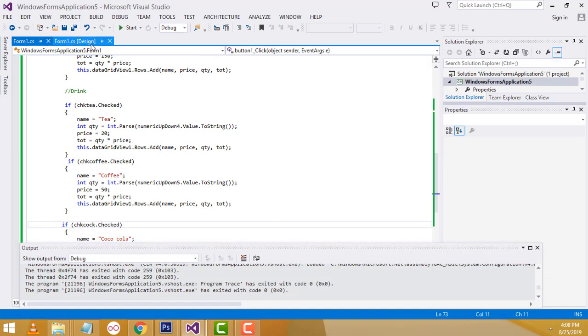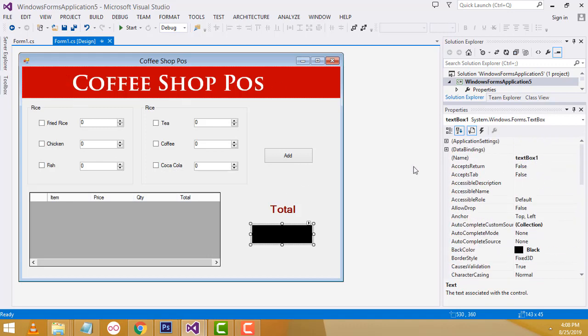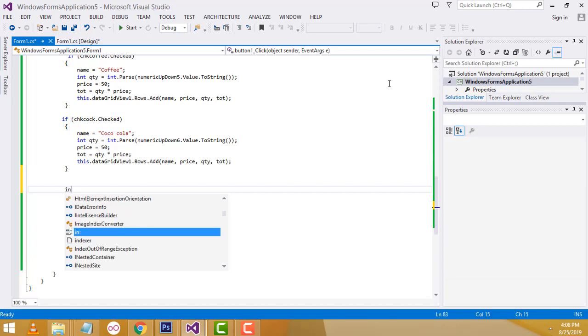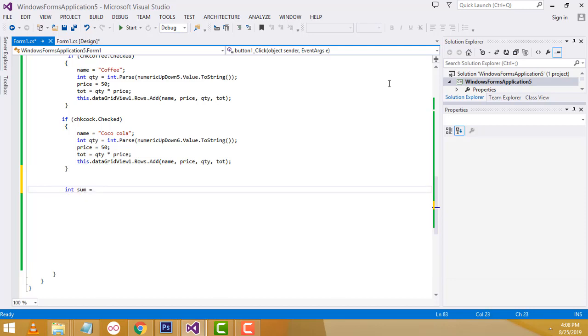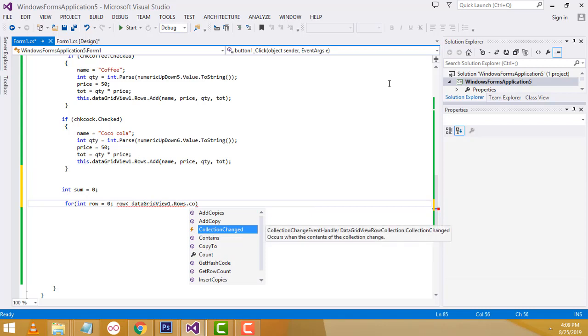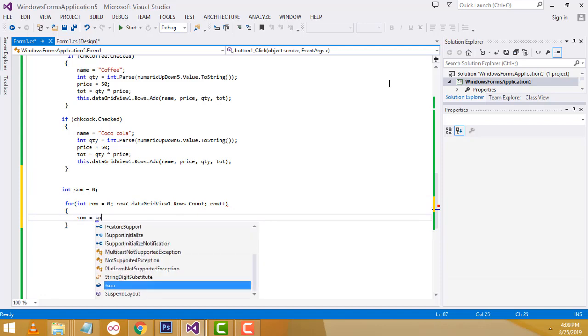So how to calculate the thing is, it is very simple. Here this one, text box 1, I'm not going to change the name. So what I'm going to do is, we have to write int sum equals 0. Then write one for loop, first int row equal 0, row less than data grid view 1 dot rows dot count. Here we have to write row plus plus, right? Here we have to write sum equal sum plus